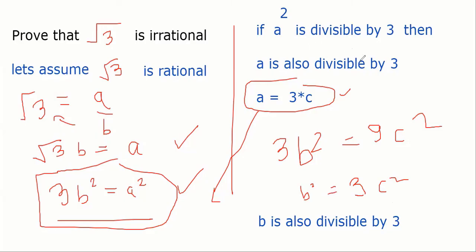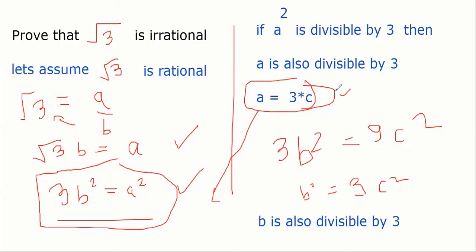देखो, जब we are saying a is also divisible by 3, अगर a divisible by 3 है तो ये कुछ भी हो सकता है, a हो सकता है 6, a हो सकता है 9, a हो सकता है 15, a हो सकता है 20, 24, राइट? Any multiple of 3 हो सकता है. a divisible by 3 कब होगा? जब a या तो 3 हो या 6 हो या 9 हो या 12 हो 15 हो, राइट? Correct everybody? When is a divisible by 3? When a is 3 or 6 or 9 or 12 or 15 or 30 or 60 or 90, right? तो वही हम लोग एक factor ले रहे हैं c, integer.